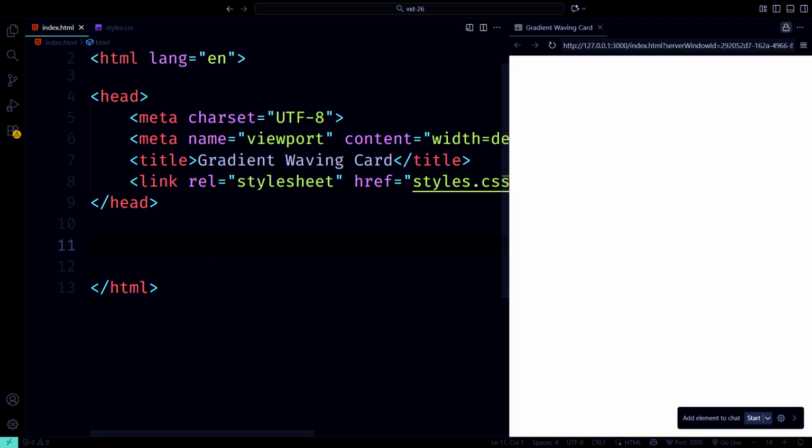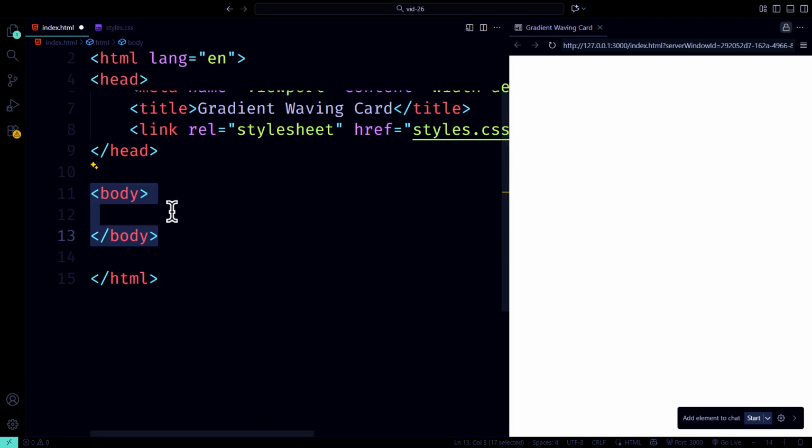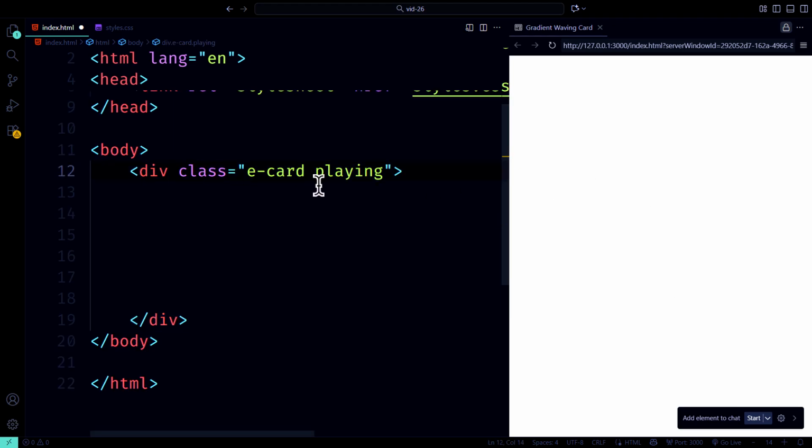In this example, we are starting with the body of our HTML document. Inside the body, everything is going to be centered on the page because later our CSS will take control of that layout. The first thing we see inside the body is a div with a class of eCard and another class called playing. This div is acting as the main container for the entire card. Everything you see visually will live inside this one element, so you can think of it as the outer shell